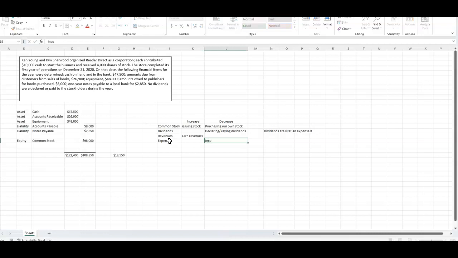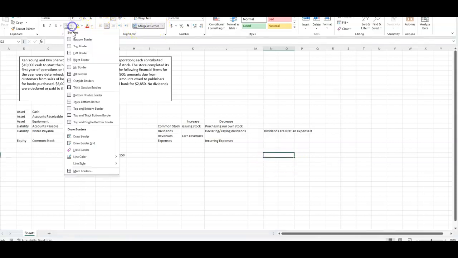Expenses decrease equity. So in this case, if we look up here, we haven't issued any more common stock. We haven't declared any dividends. The only thing we have is earned revenues and incurred expenses. And so, if you go to T accounts, if you remember looking in the book and finding and understanding about T accounts,